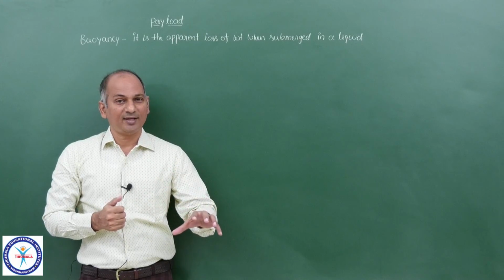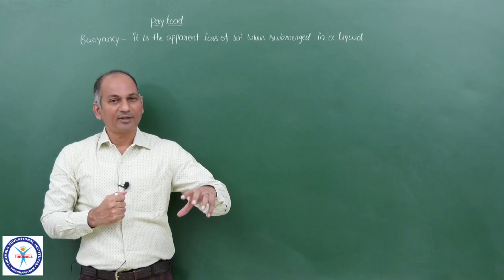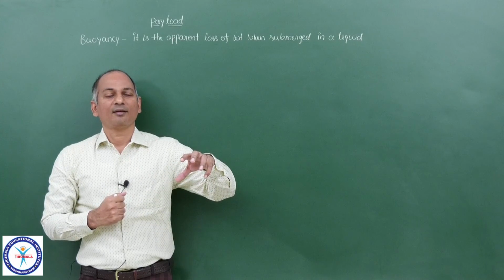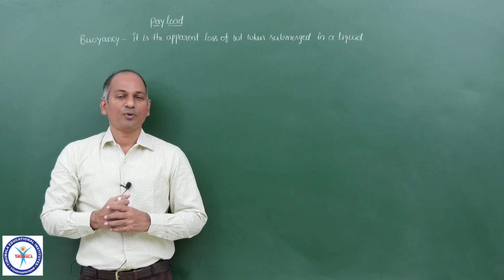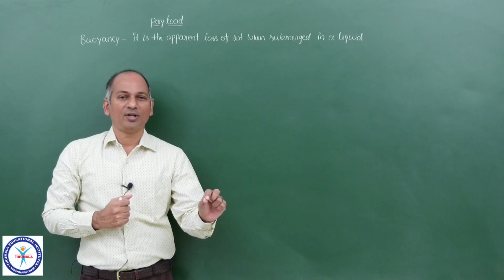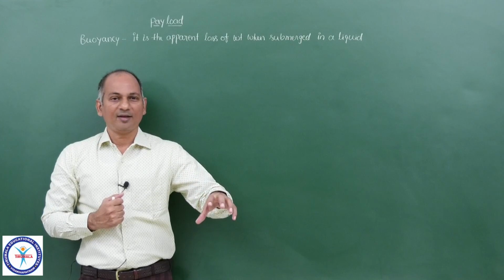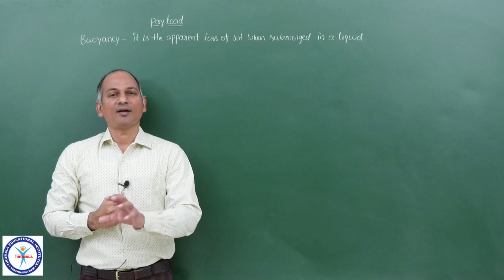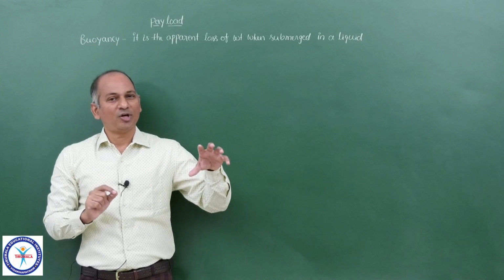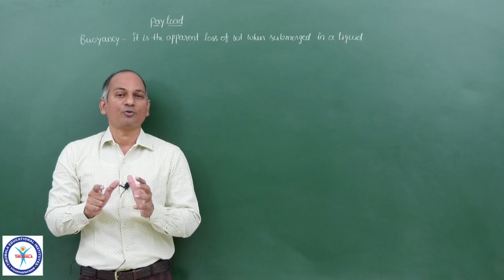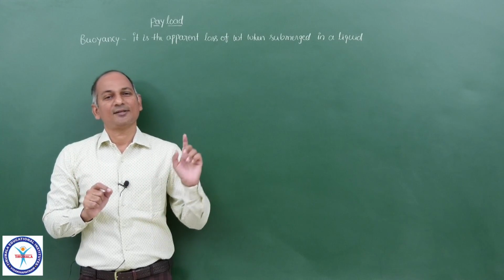Suppose there is a boulder in a pool of water. Now, if you try to lift that boulder, you need to apply some force and you can lift it. Now, you try to lift the same boulder outside the liquid. You lift it in a liquid when it is submerged, and you try to lift it outside the liquid. Now you will clearly feel that it is somewhat lighter in the liquid and heavier outside. So this apparent loss of weight is called as buoyancy.